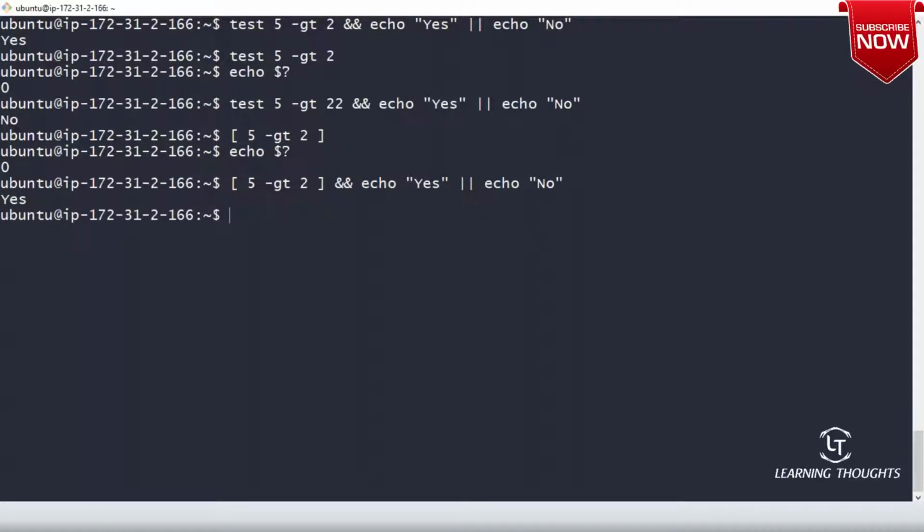Yeah. Similar to greater than, you have hyphen equals, hyphen not equals to, and hyphen less than. All right. Am I clear on this?